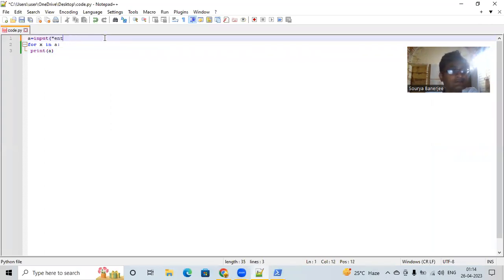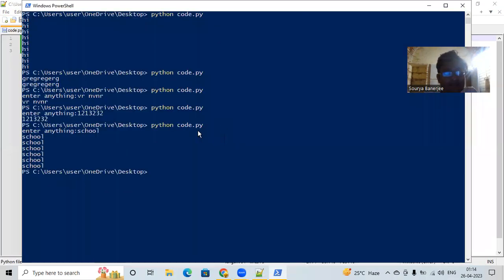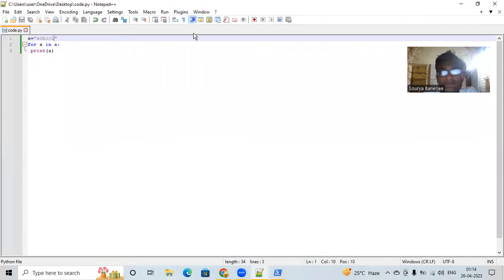A is equal to school. Okay, and for x in A, print. What will happen in here? Okay, the same thing. Now, if I write a list, suppose 1, 2, 3, 4,